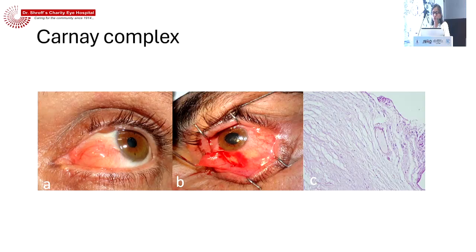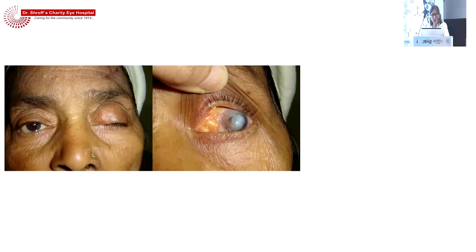And it is important to be aware of something known as Carney's complex, because a conjunctival myxoma can rarely be associated with cardiac myxomas also, and can have associated embolization from the myxoma, and can have other issues like atrial fibrillation and other issues also. So the last bit, this was another elderly lady with acquired ptosis, and she has this yellowish lesion